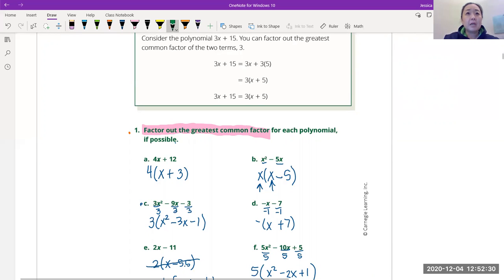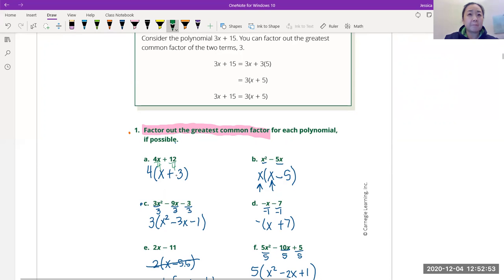Let's go with my green. So if we're going to factor out a 4, it's basically doing this. We're dividing both of these by 4. So here's my 4 on the outside, and what's left over is 4x divided by 4, which is just x, and 12 divided by 4, that's just 3. So that's how we get 4